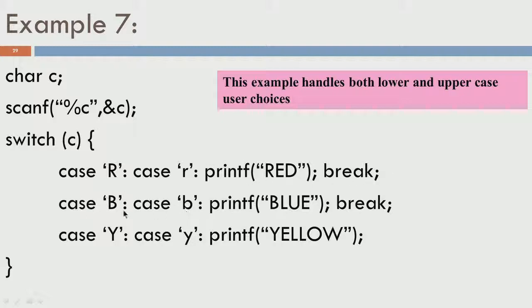The same thing we have here for both uppercase B and lowercase b, we want to print blue. So, this set of statements is common for both upper and lowercase b. Similarly, this set of statements is true for both upper and lowercase y. One thing that you should also notice here is the last statement does not have a break, because anyway it is the last condition you are checking. Automatically after checking these conditions, if both these are true, it will execute this and come out of the switch. If these are false, you will anyway come out of the switch statement. A break is not required in the last choice of case.